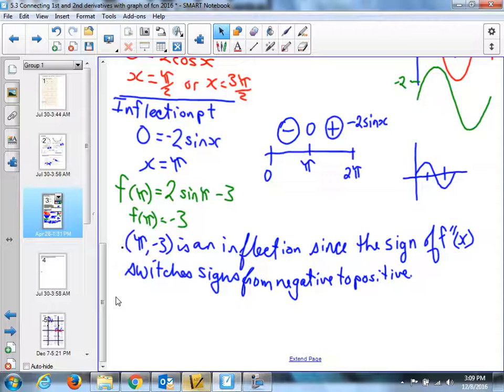And it is concave down, and I'm not going to go any further on this because the bell rings in 1 minute. Concave down from 0 to pi because the second derivative is less than 0. Concave up from pi to 2 pi because the second derivative is positive. It's greater than 0. Okay? Now, unfortunately,